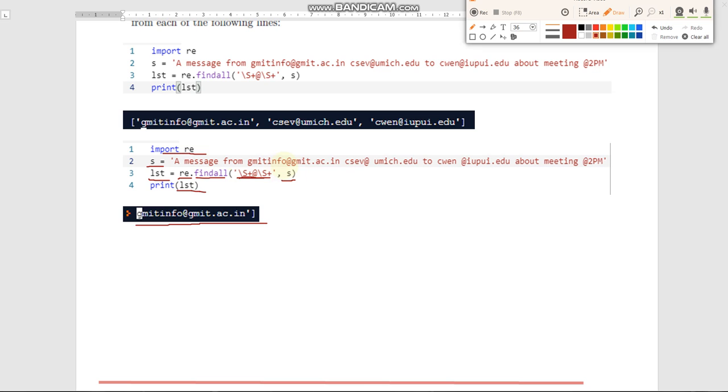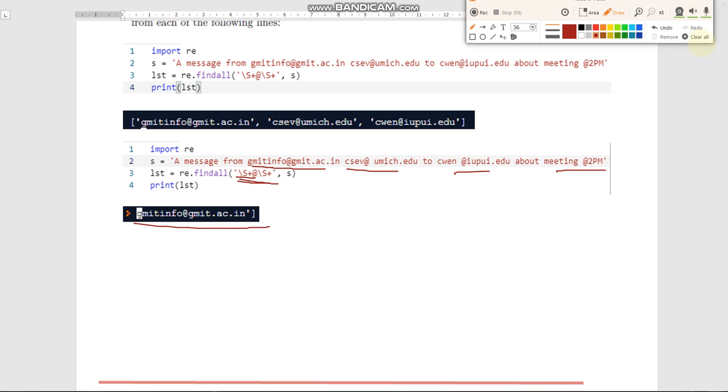Okay, so here at symbol, before the at symbol we don't have any space, after the at symbol we don't have any space. But see this one, here also we have data which is similar to the mail id, but see here before the at symbol we have a space. Here also before the at symbol we have space, and here after the at symbol we have space. So that is why this pattern is not matching with this data, and this data. So this pattern is matching only with this data, so we are getting this output. This output looks like a mail ID which is matching with this pattern.